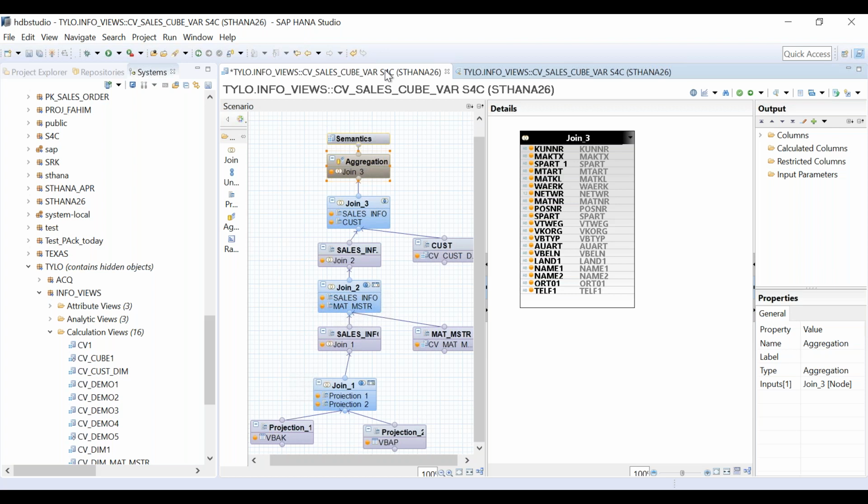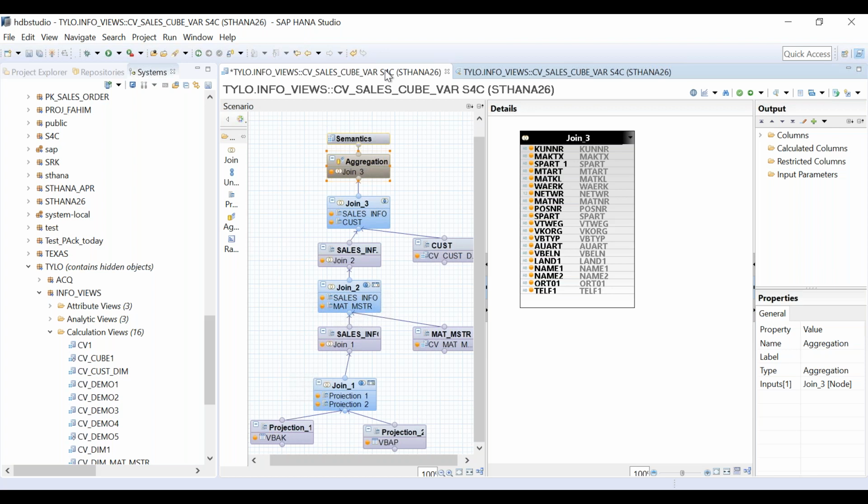Okay, but with the input parameter, you always have to specify where you have to filter the data. With variable, it happens right at the end. Sometimes you don't want to control the data from the beginning, because you have certain conditions to fulfill in the calculation view. Then right at the end you do the filtering.